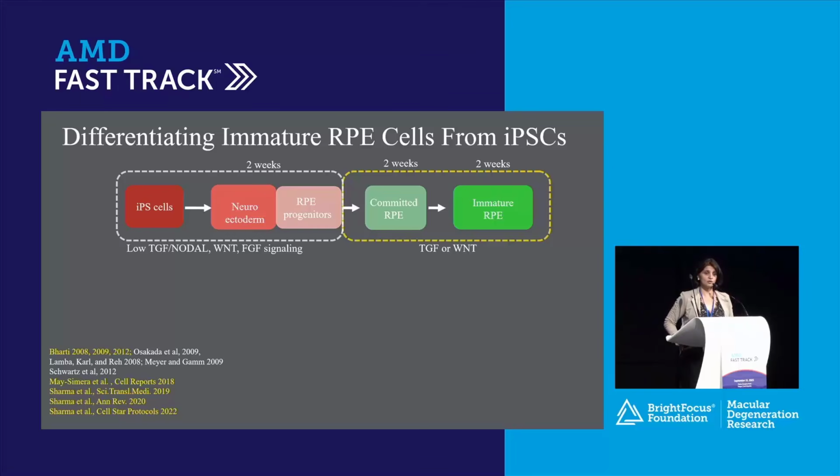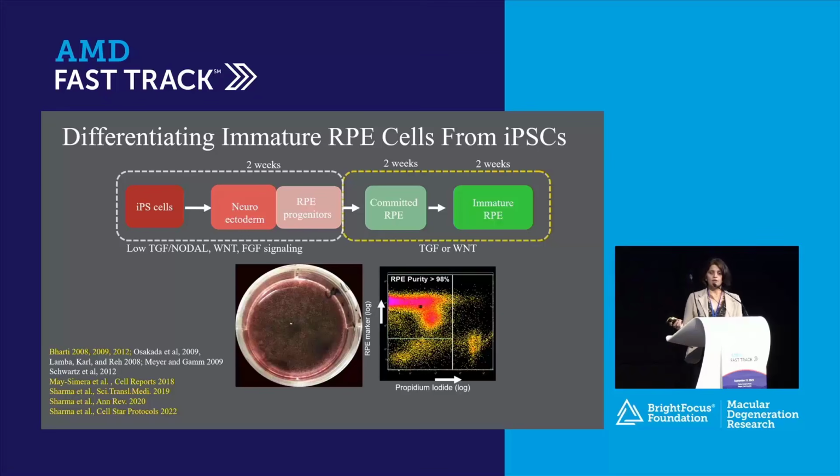So before going into the efficiency, how we quantified that or optimized the protocol, this is a timeline. This is the timeline that we use to differentiate iPSC cells into RPE cells. Before us, there were several protocols in the field that had used spontaneous differentiation or directed differentiation, plus the work from Kapil's postdoc here, where we used all this knowledge to come up with this timeline. We used different conditions, different concentrations, and then we picked the one that had given us the RPE cells with the highest efficiency.